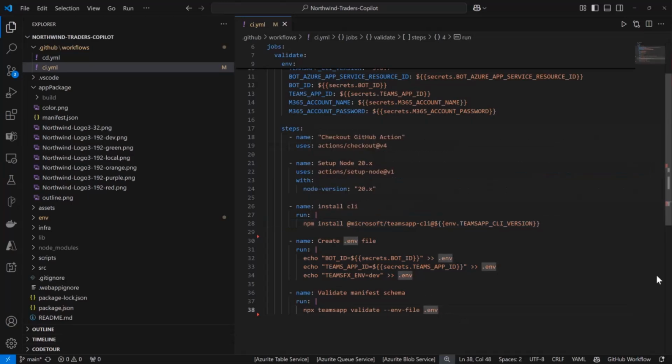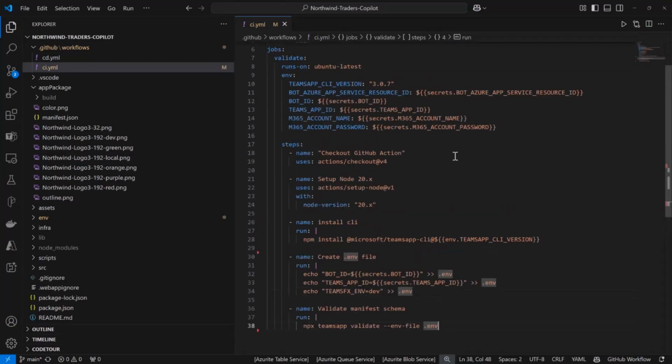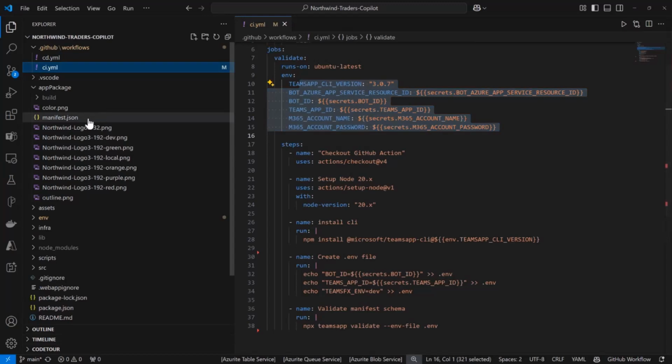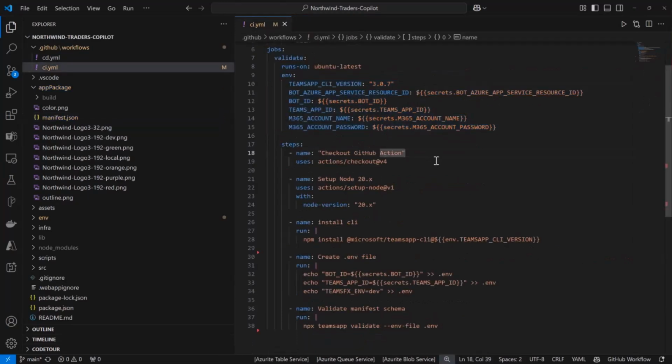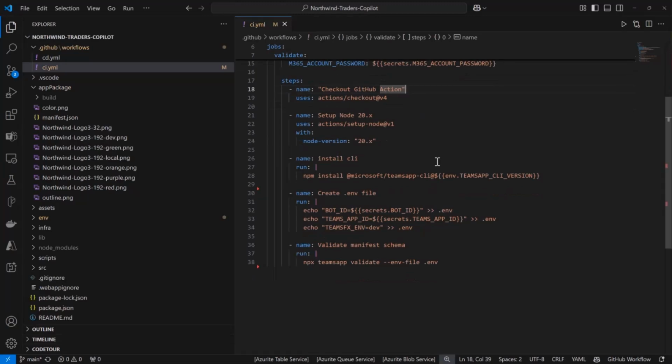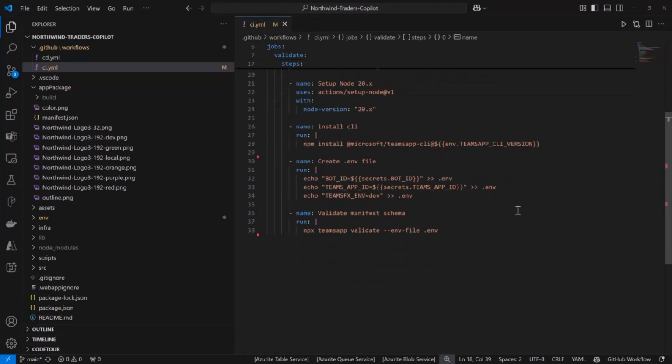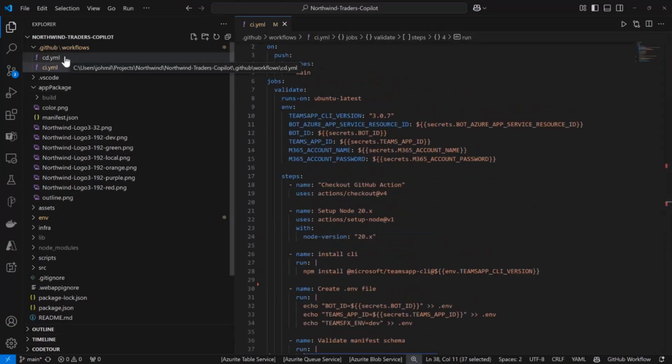You can see IntelliSense, or these dialogues, get out of my way. I'm just setting up the GitHub action. I have a couple of variables that are needed. These are the things that are in the app manifest, which are part of the toolkit. That way, this will break a schema, which you can see here; that's what VS Code is complaining about. So we need to fill those things in first and install the CLI. And here I am running the Teams app validate command, and that's really simple.